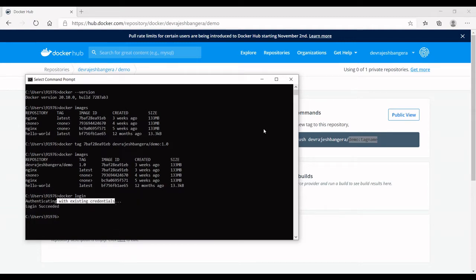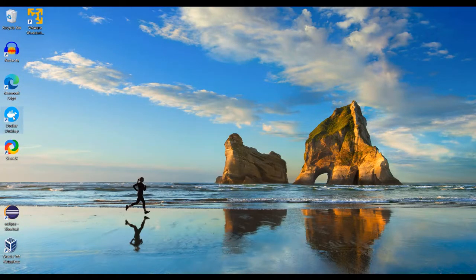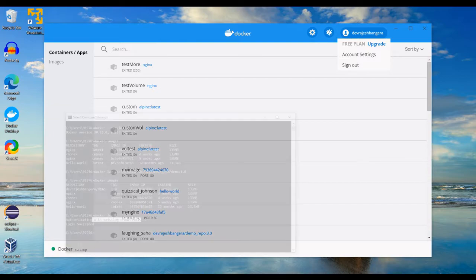Why? Because I have already logged into my Docker Desktop tool. Let me show you. If I open my Docker Desktop application, you will see that I have already logged in to this application, that is the tool. So it is using this credential in my command prompt.